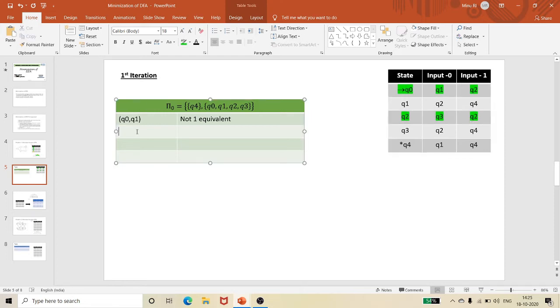So it is equivalent. So my Q0 comma Q2 is 1 equivalent.